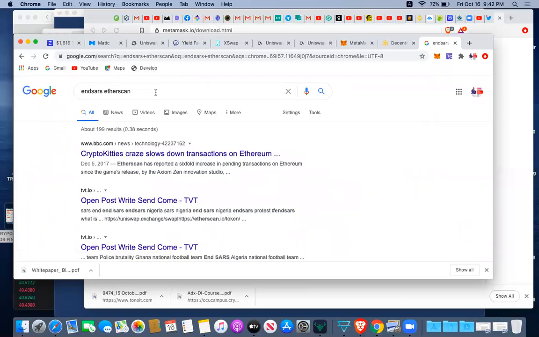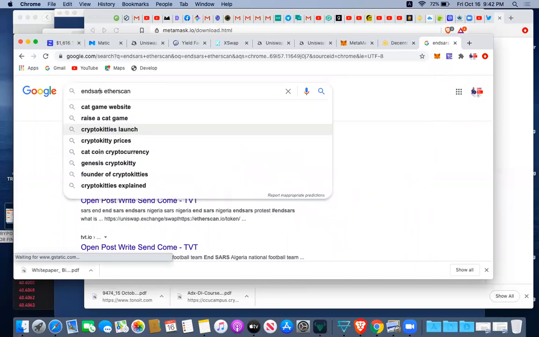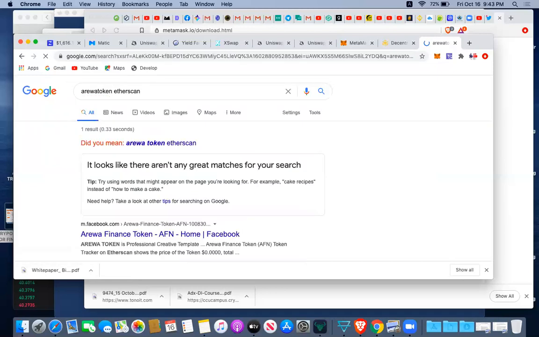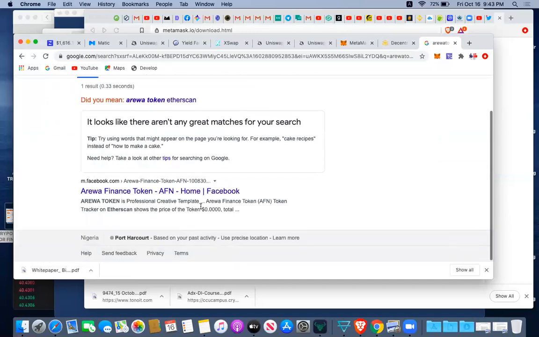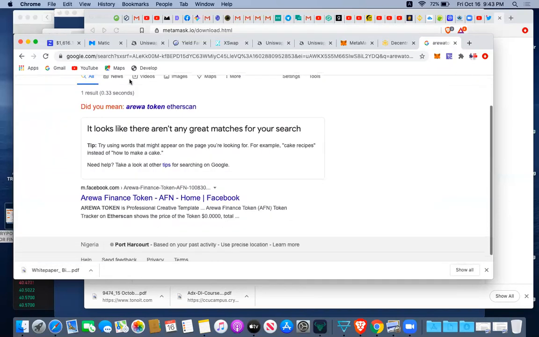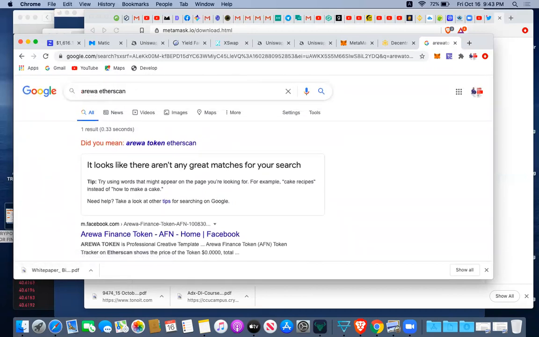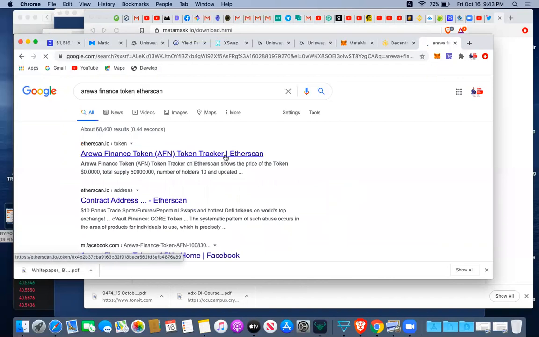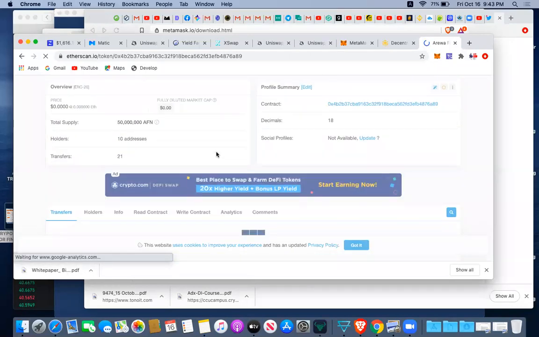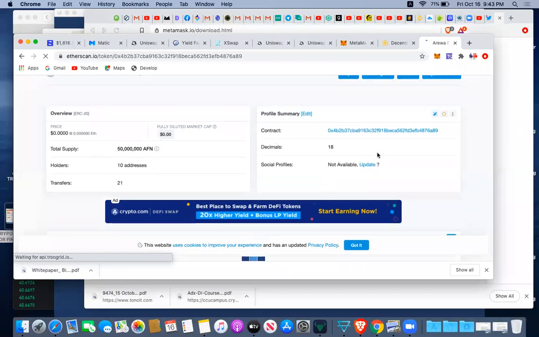Like I saw a coin. Okay. I have to open something. Okay, you can see now. Okay, Iowa Finance. Okay. Etherscan. Now, it's going to bring up like this, a Iowa Finance token tracker. So you click it so that you can get this smart contract address of that coin on the Explorer. Okay, on the Explorer. So you can see this is the Explorer. Now it's showing you this coin. Then this is the